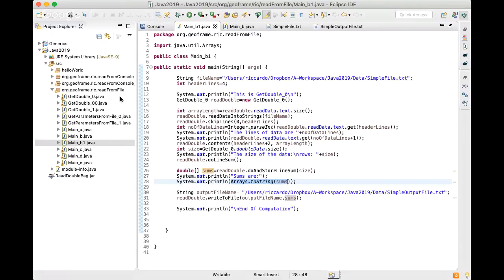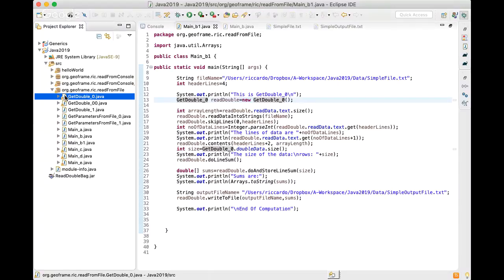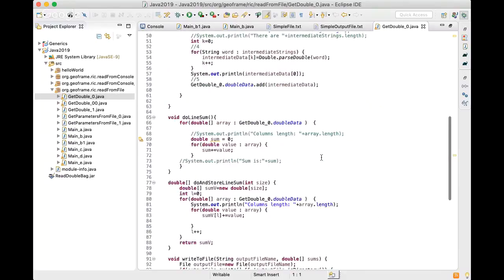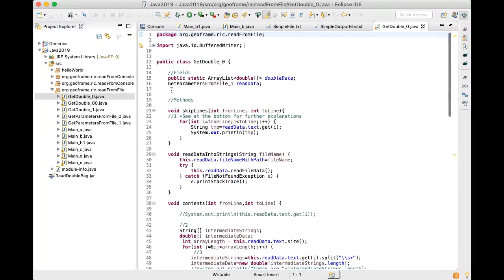So we are now using get double. The main thing of this main is that we are using the get double 0 class. So let's go and open the get double 0 class. Okay, in the get double simple 0 class, you just see the things that we already listed before, and we have the fields of the class, which is an array list of doubles. So we contain the data, and